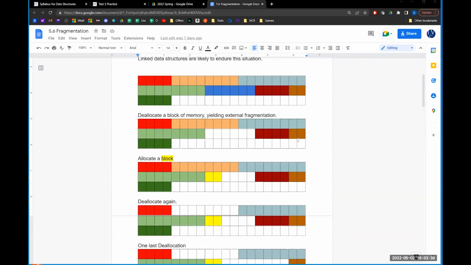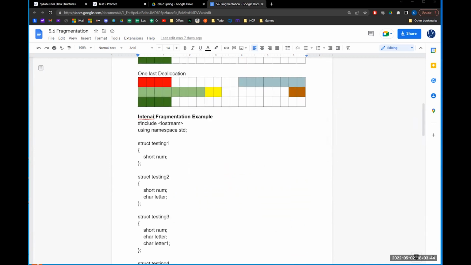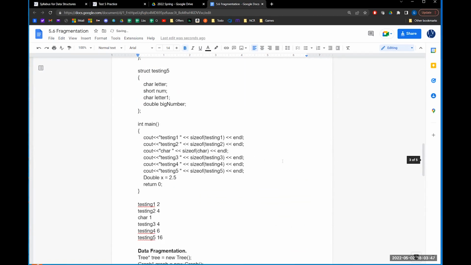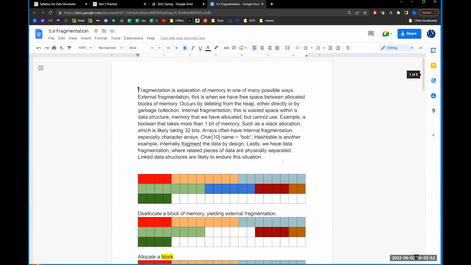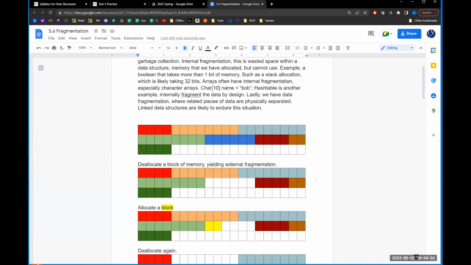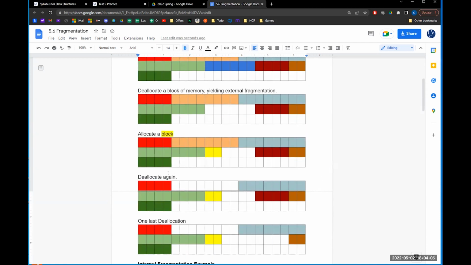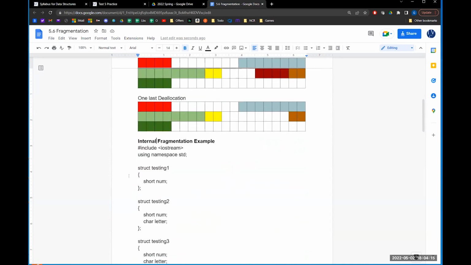All right, so swing back to last time we talked about fragmentation. Typo, let's fix that. We have internal data and external fragmentation. Three ways the memory is going to get fragmented. Most often, external fragmentation is going to lead to data fragmentation occurring, but that's not always necessarily going to be the case,